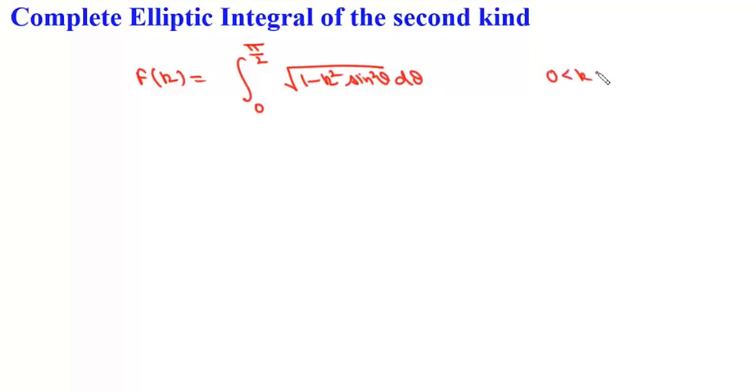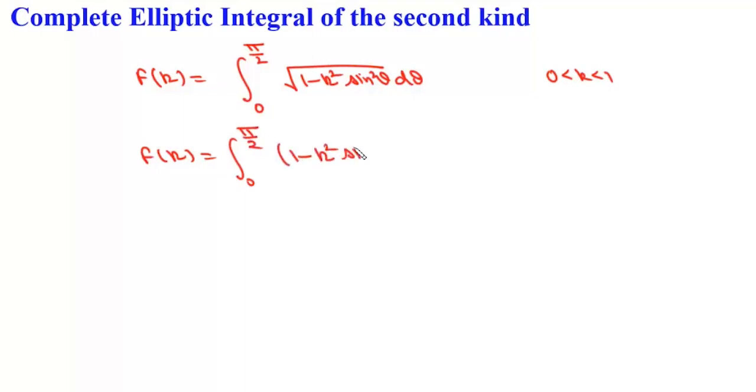Now we'll solve the complete elliptic integral of the second kind. For the second kind, we can write this F(k) as the integral from 0 to pi by 2 of under root of 1 minus k square sine squared theta d theta, where the value of k will lie between 0 and 1. Now again we write this as F(k) and then this integral from 0 to pi by 2